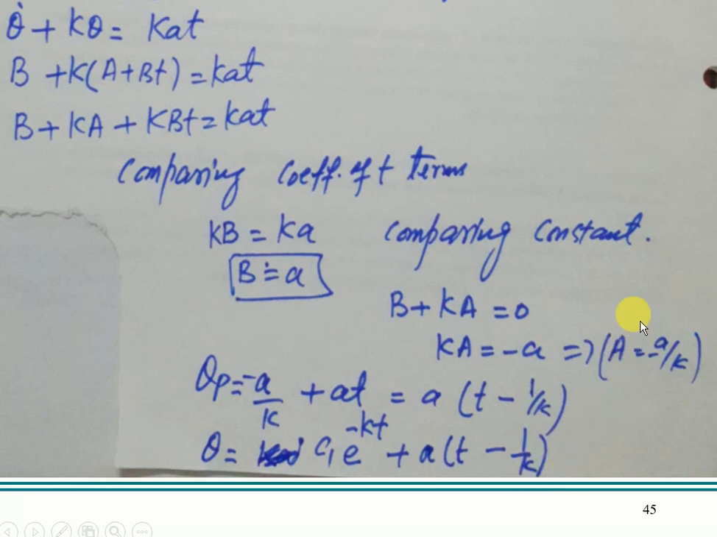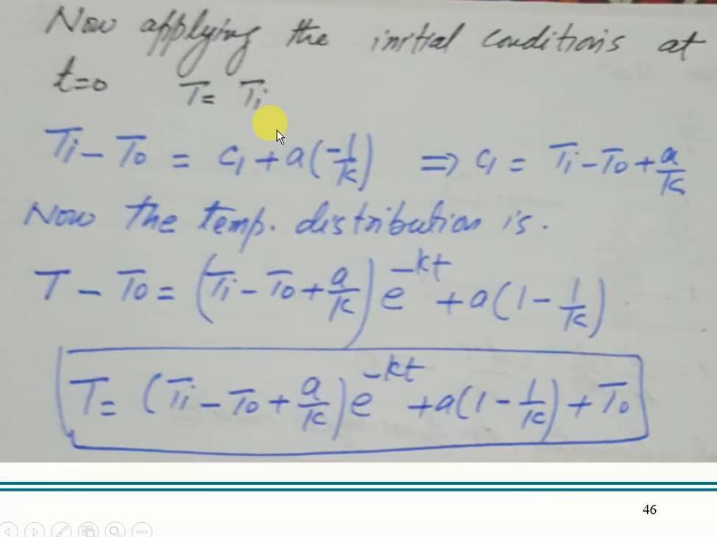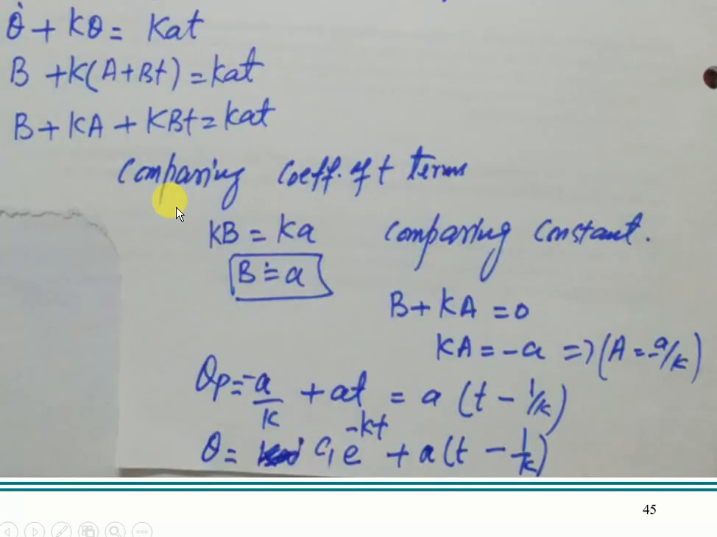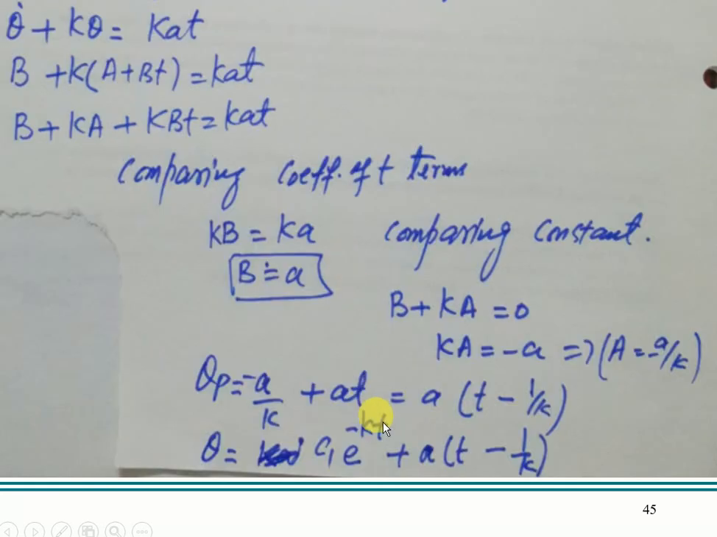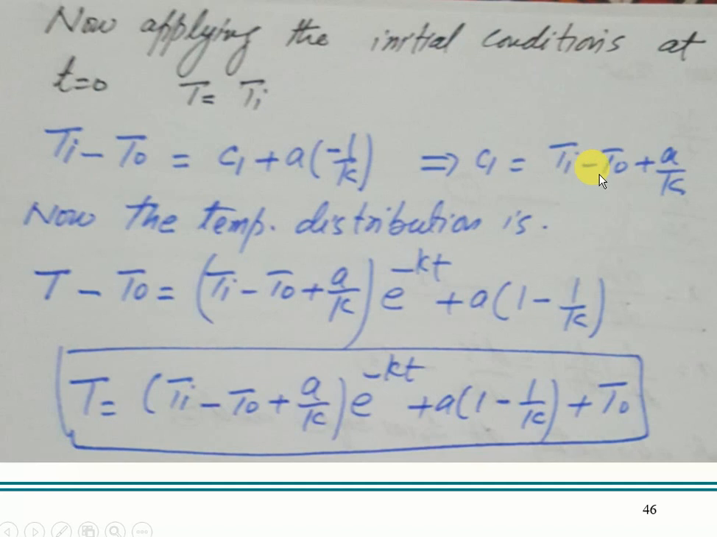This C1 is an integrating constant that we will find with the initial conditions. At t is equal to 0, T is equal to Ti. I put the value here, where theta is T minus T naught. So it is Ti minus T naught equals C1 plus a times minus 1 by k, because at t equal to 0 the exponential becomes 1. So you get the value of C1 as Ti minus T naught plus a by k. Now I put the value in